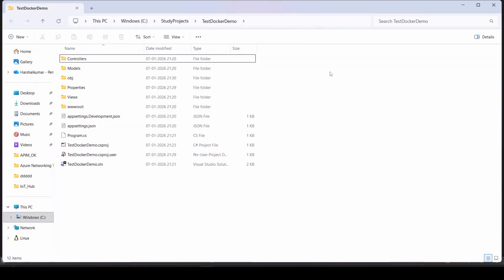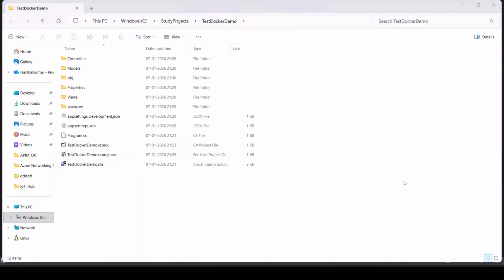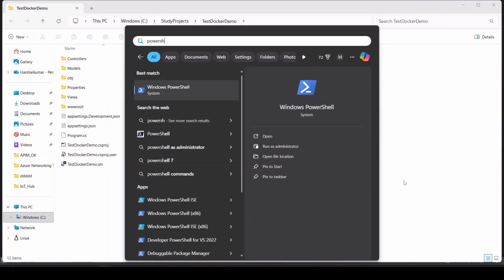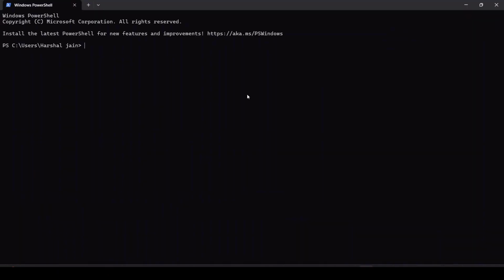And now obviously we want to restore and build our application, right? So let's just copy this path. Let's open PowerShell. And let's go to that path. Great. Now first let's restore NuGet packages. So I will say dotnet restore. See again guys, restore means it downloads the dependencies. That means it downloads the NuGet packages. So we'll say dotnet restore and